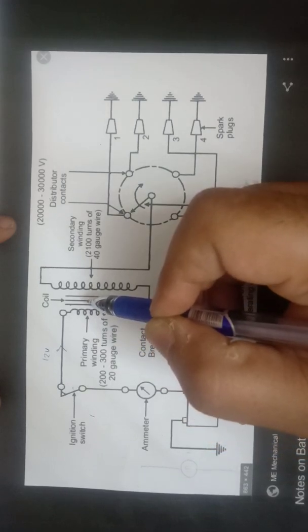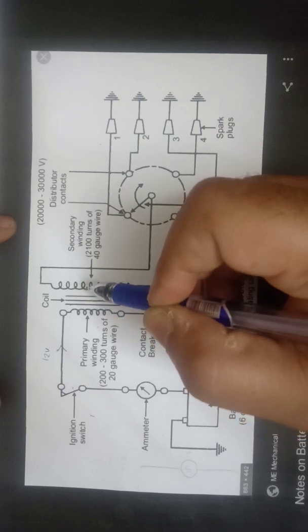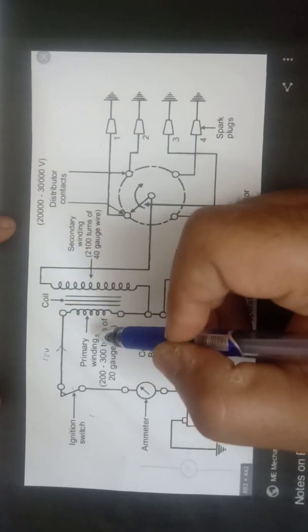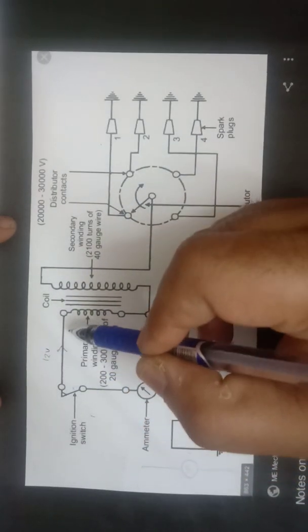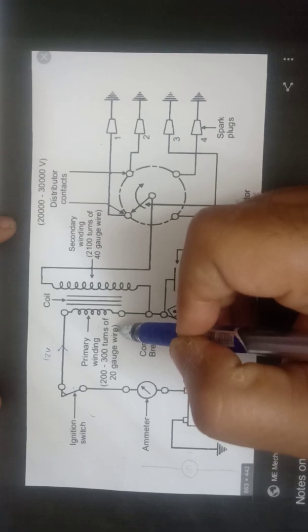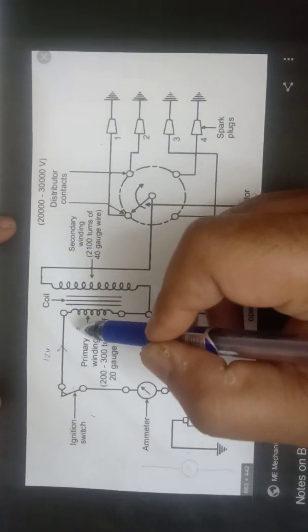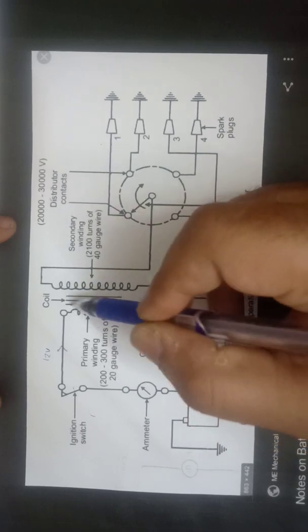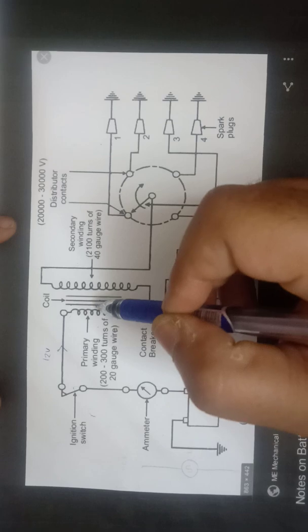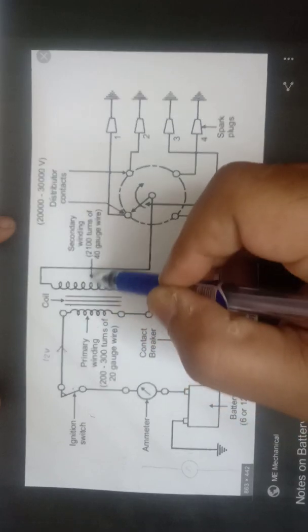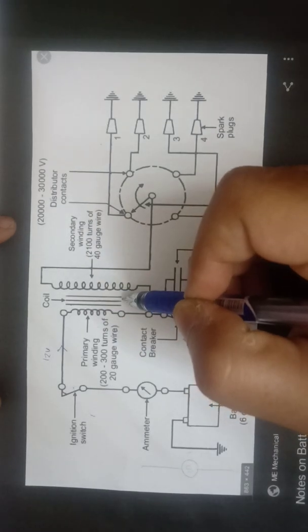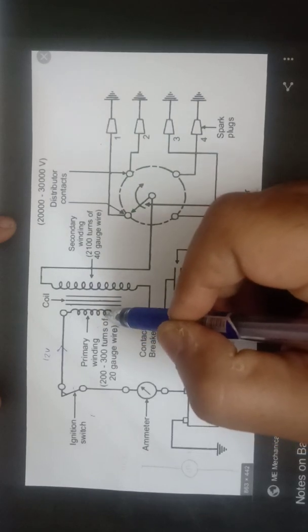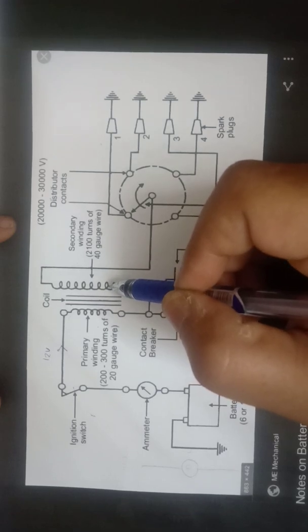Now, as soon as there is a change in current in the primary circuit, there is a huge change in the secondary circuit. The current will move from 12 volt to 0, which means the voltage will also go from 12 volt to 0. As the primary voltage suddenly goes from 12 volt to 0, there is a sudden change in magnetic field. In this sudden change in magnetic field there is a secondary coil, and according to the step up transformer, whenever there is a small change in primary voltage, there is a huge change in the voltage of the secondary.